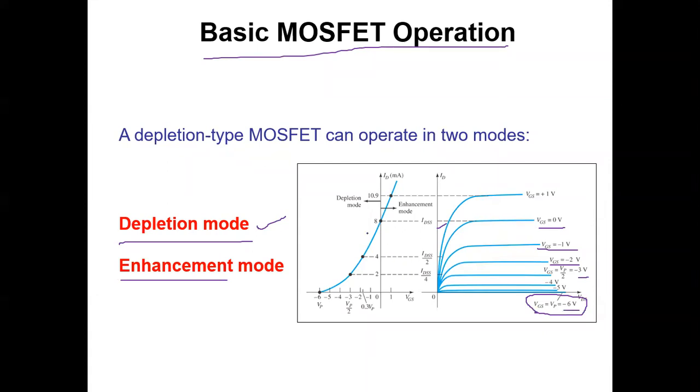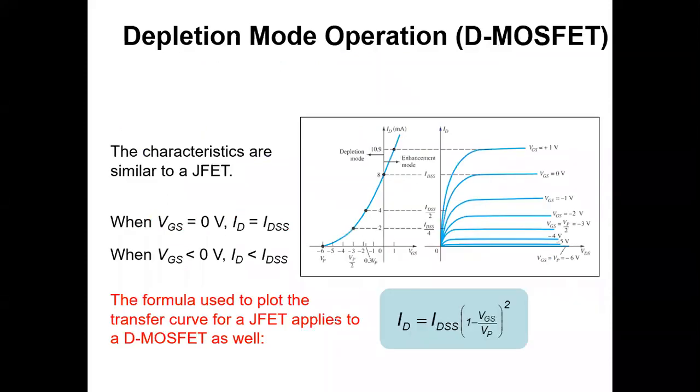This is for your depletion mode. The same thing is plotted in the transfer curve. Here you will find VGS ranging from 0 to -6. For VGS equal to 0, you have the maximum current, and for VGS equal to -6, you have the minimum current. At VGS equal to VP, we observe that your complete channel is pinched off and there is no current flow in the system. So this is about depletion mode. The expression you already know, and in this MOSFET this operation is equally valid.